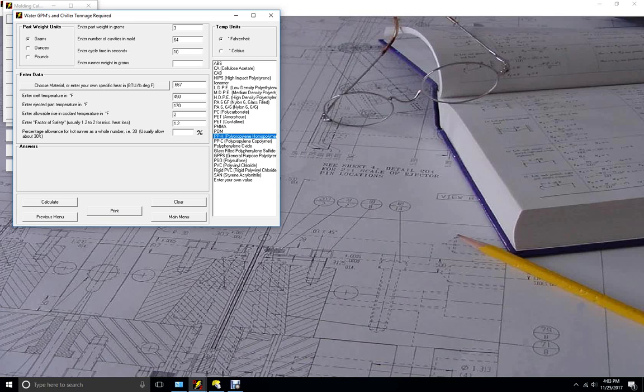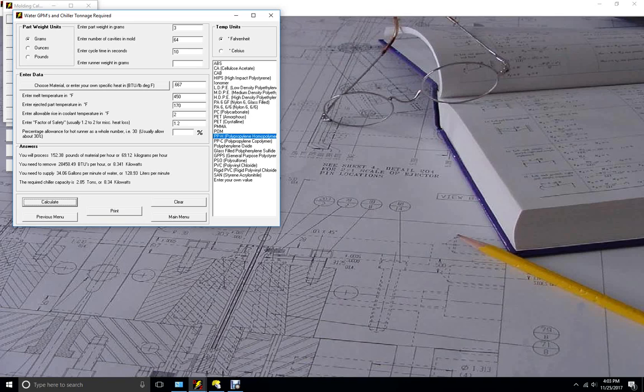I'm not going to concern myself with the heat from the hot runner at this point because I'm only concerned with the mold design itself. Molders certainly would want to do that, and you enter that as a percentage, as a whole number, for the entire mold. You could say 30%, to remove the heat from the hot runner, but in this case I'm going to leave it blank. When I hit calculate, you'll see that it tells you that you will process 152 pounds